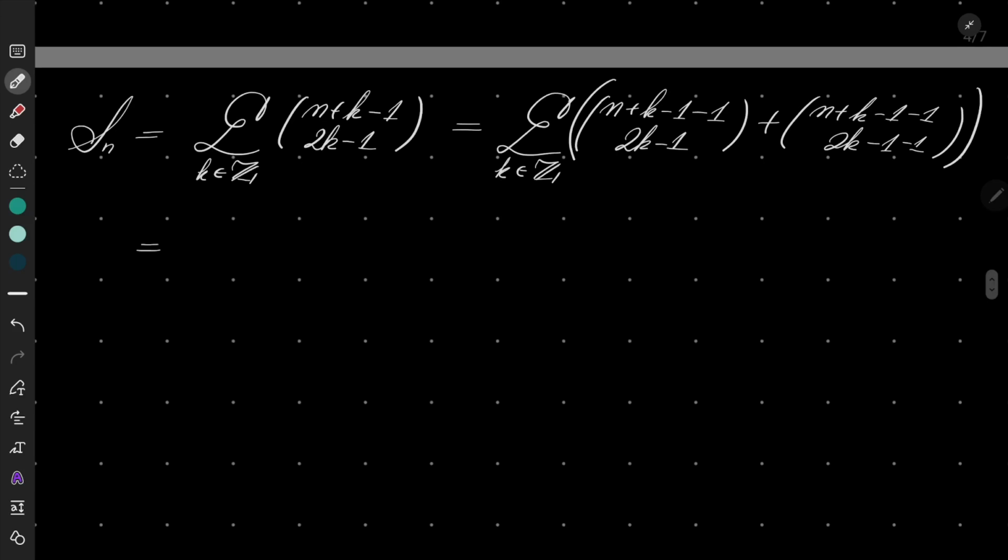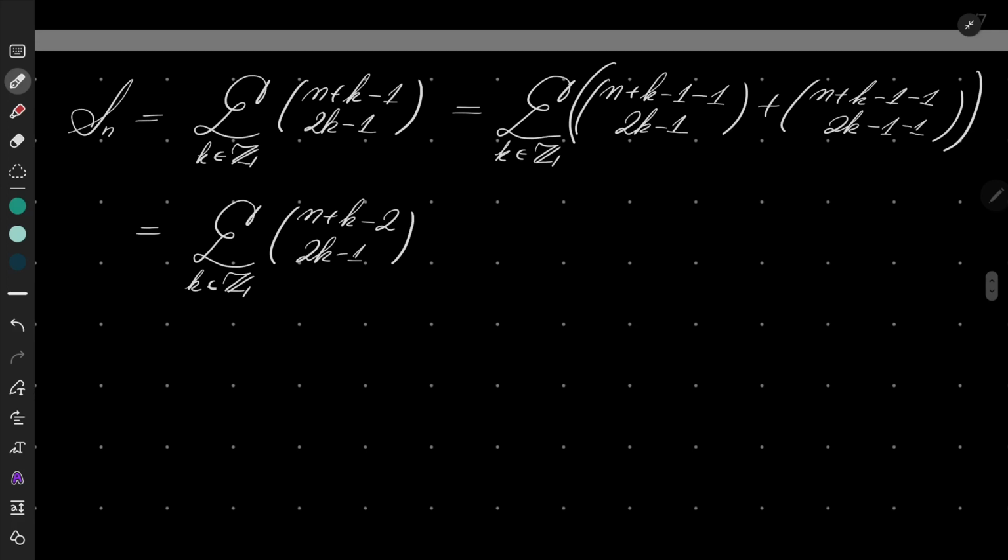And I will split it into two different sums. So the first sum will be n plus k minus 2 over 2k minus 1. And the second sum,